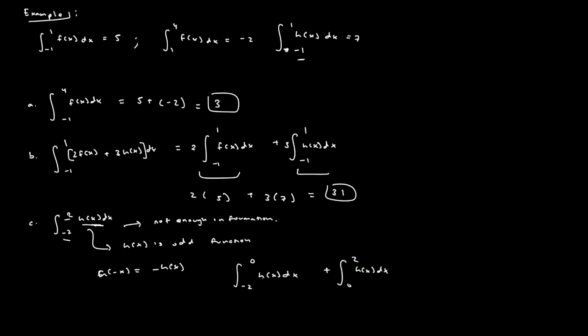On this interval from -2 to 0, we're going to be putting in negative x values, right? And because we know the function is odd and h of -x is equal to -h of x, we can simply rewrite this integral as negative the integral from 0 to 2 of h of x dx, plus the integral from 0 to 2 of h of x dx, right? And notice if we treat this as a variable that we don't know the value of, we have a negative of that variable plus the positive of that variable, and we simply get 0. So that's one trick